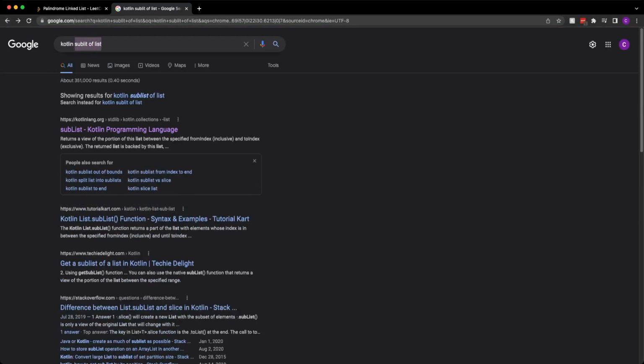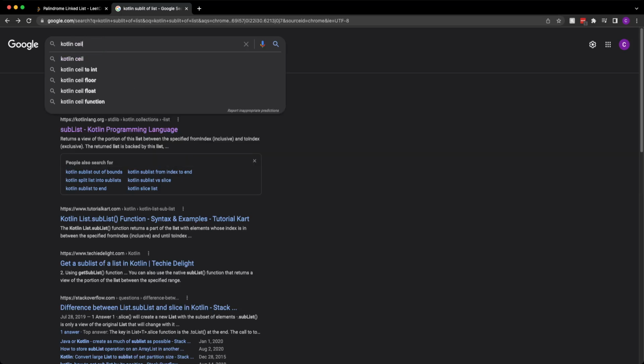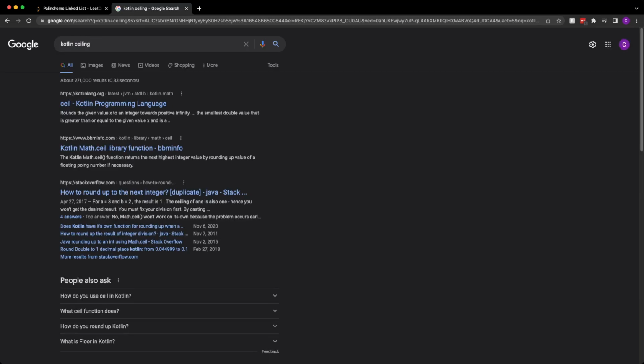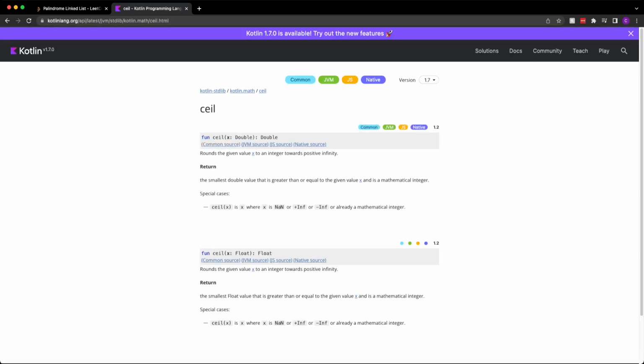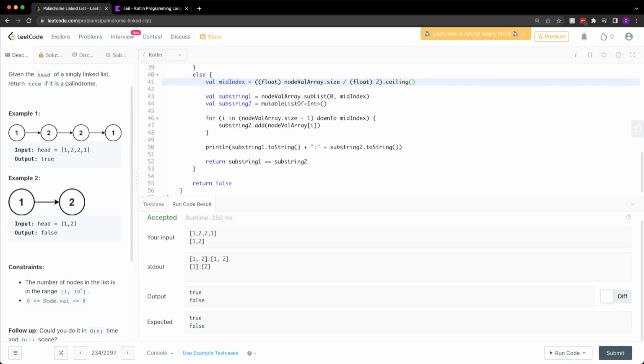I know I keep looking stuff up, but that's okay because I don't use all of these functions every day. So it's just ceil of whatever's in there. Okay, so we can keep those parentheses around it, but just ceiling. Right, and do we want ceiling? I think so. I think ceiling is gonna work. Because then we want to use that here, go up to that ceiling. So if it's 5, we'll get 3. Nope, no,